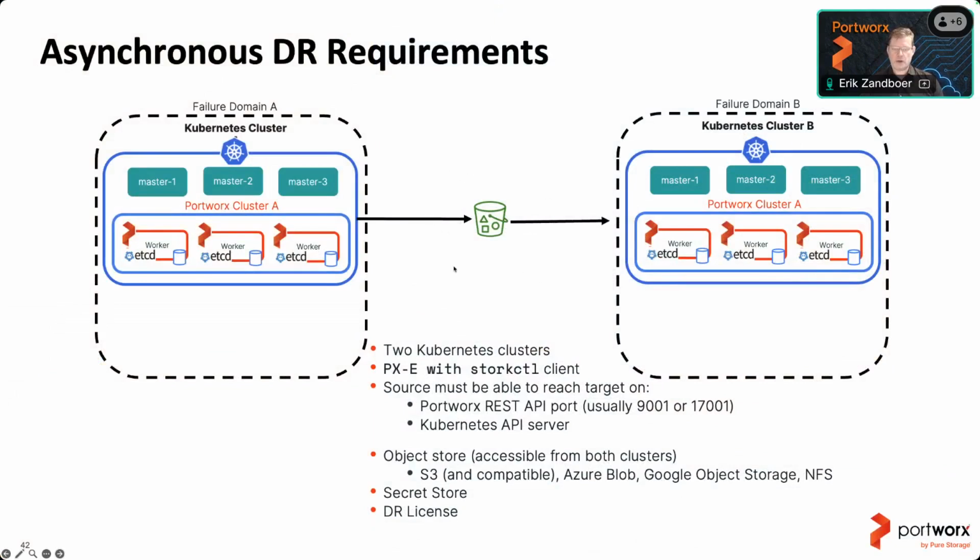We do need that object store because all of the changes that we make are actually stored in the object store. And then failure domain B will grab those changes constantly. So yes, it's asynchronous, but in order to perform a failover, you don't actually need the object store. If you don't have access to an external object store, what we see customers do is install an object store like MinIO, for example, on the source cluster. It will use that to do all the migrations. And in case failure domain A goes away, meaning it has a failure, we don't need the S3 bucket anyway, because all of the data will be asynchronously replicated already here, ready to go.